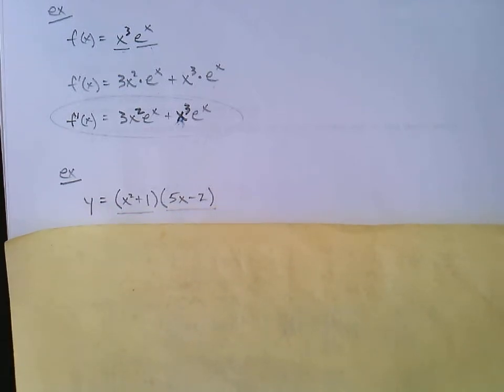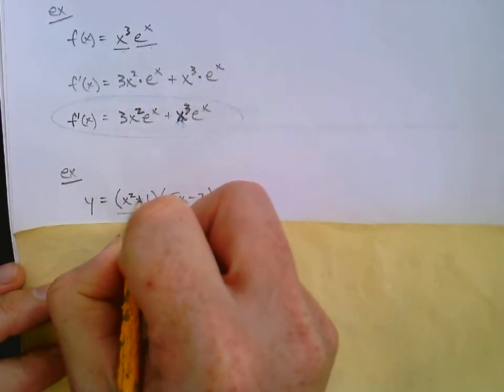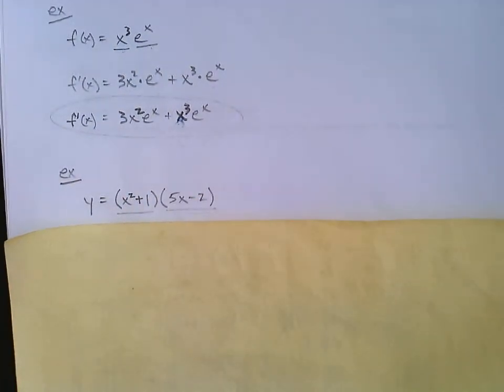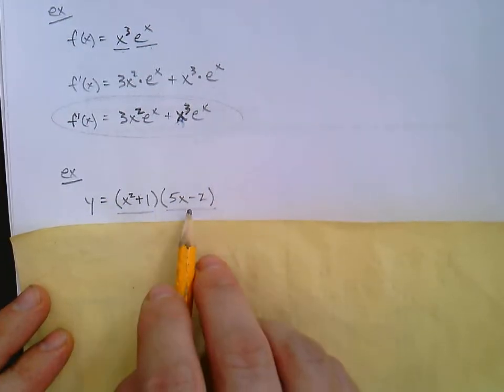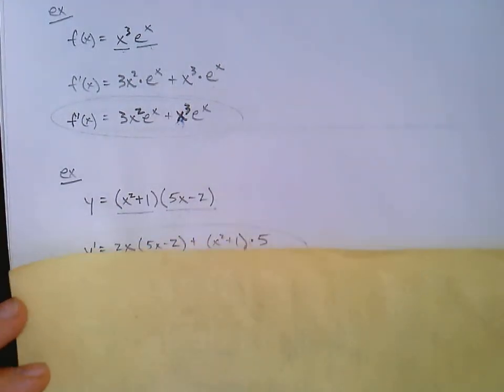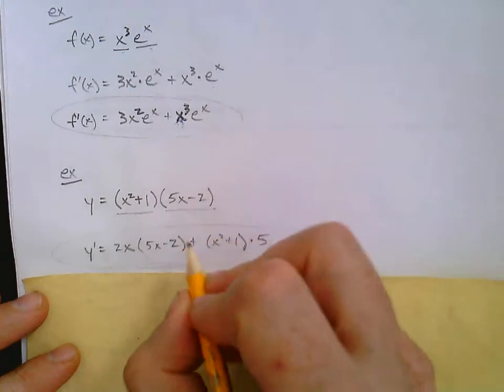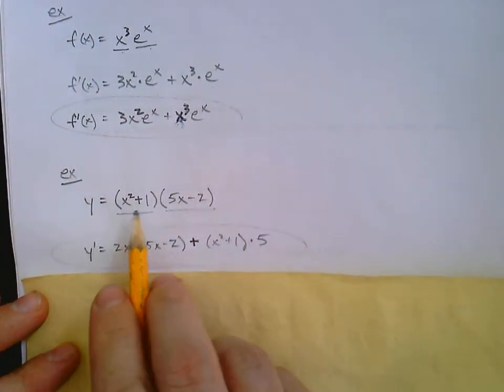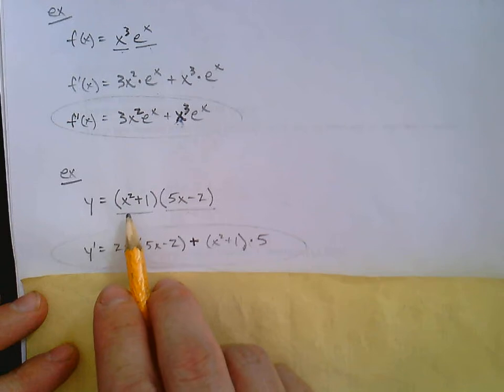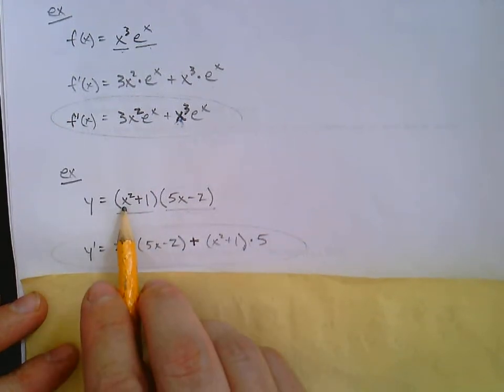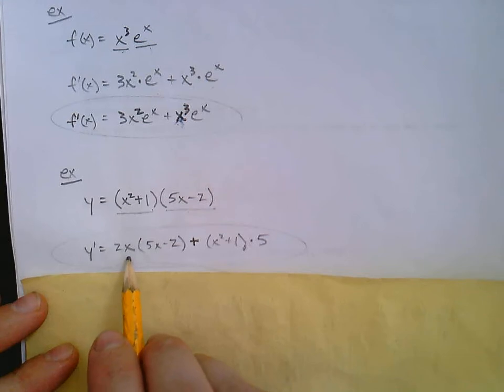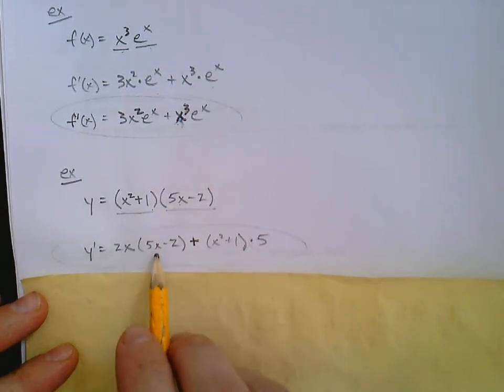Okay. What if we are multiplying two polynomials like so? So maybe we say y equals the quantity x squared plus 1 times the quantity 5x minus 2. So we could think of this as a first and a second. Okay. So how would the product rule tell us to take the derivative? Take the derivative of the first. Well, the derivative of x squared plus 1 is 2x plus 0. So we'll probably just say 2x. And then we're just going to copy the second,